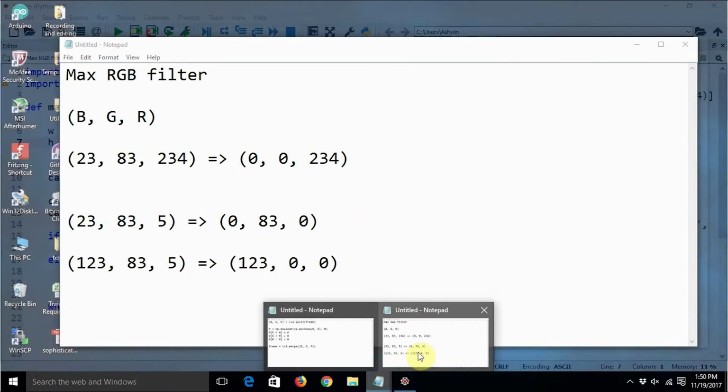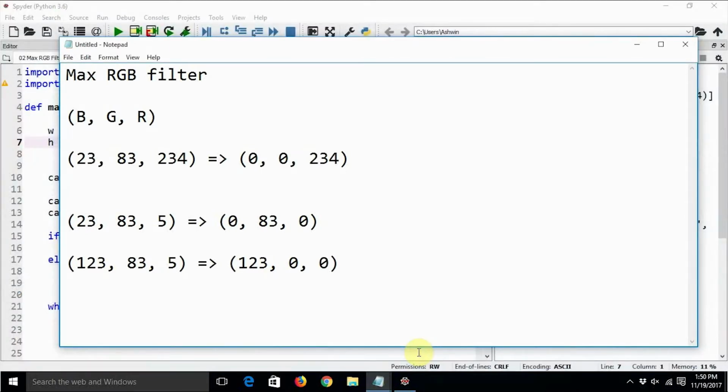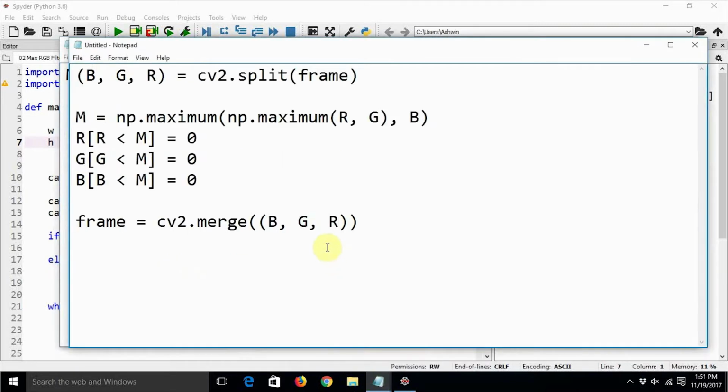We need to devise a good algorithm for this, and that algorithm is publicly available on many forums on the internet. I have already created a piece of code around it, and we just need to put it into the code that we have already written. We are going to use the cv2.split function to split a frame which we read from the live webcam, and then we get all three channels separated in NumPy ND arrays.